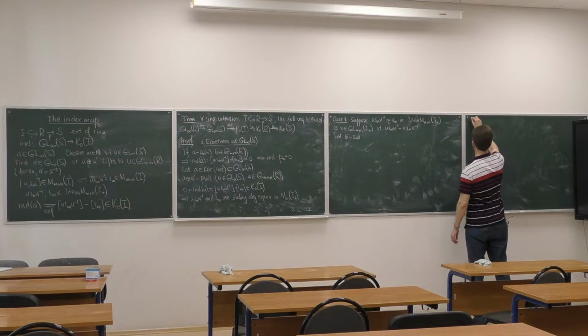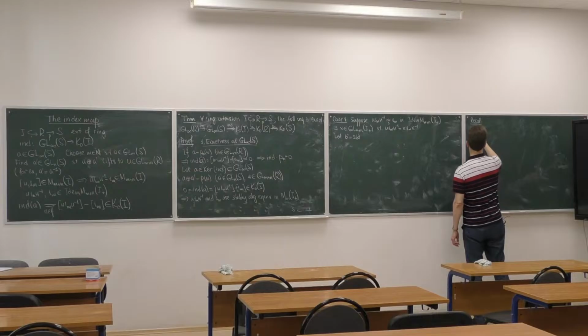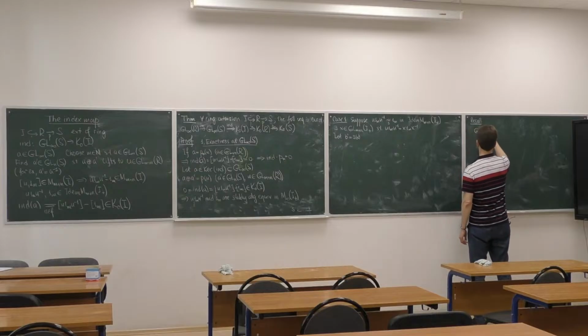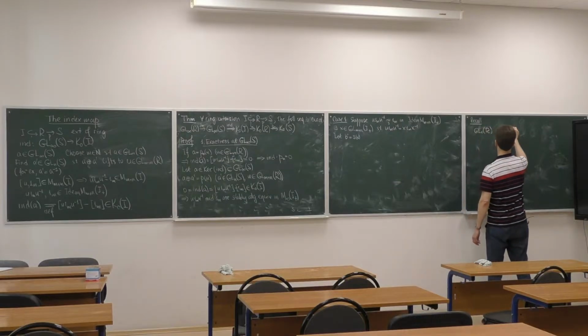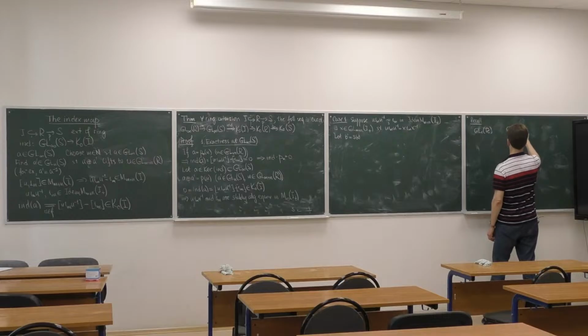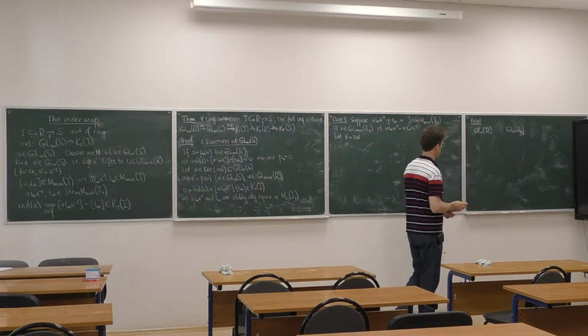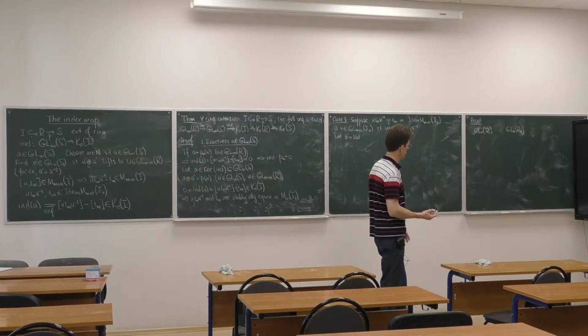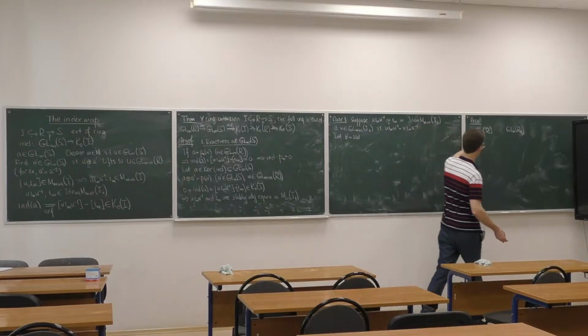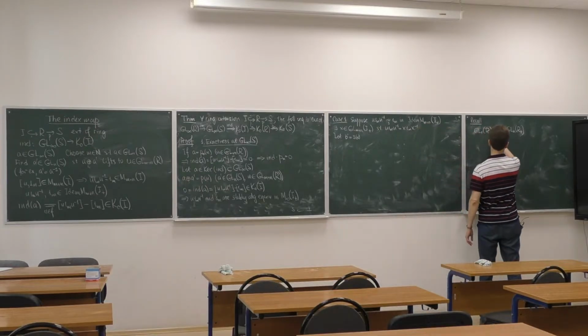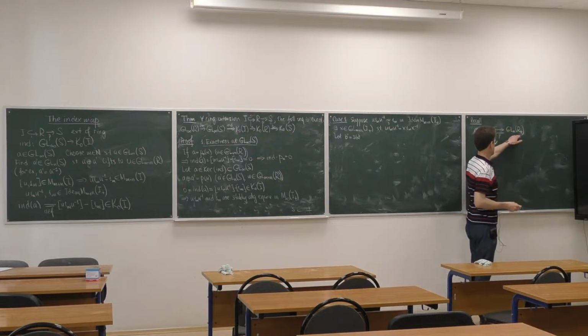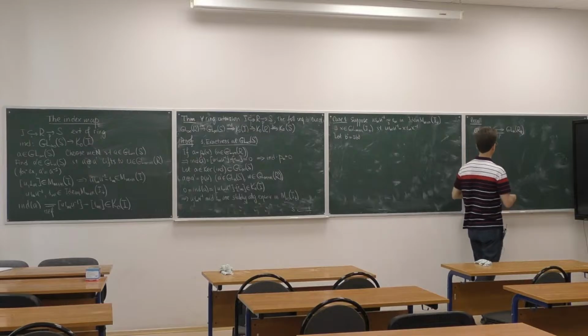So let's recall that we know that for any ring R, GLN of R is actually a subgroup in GLN of R plus, consisting of those matrices over R plus which have the form the identity matrix plus something belonging to R. So this is a subgroup in here, and we have a projection from this group onto this one, given by